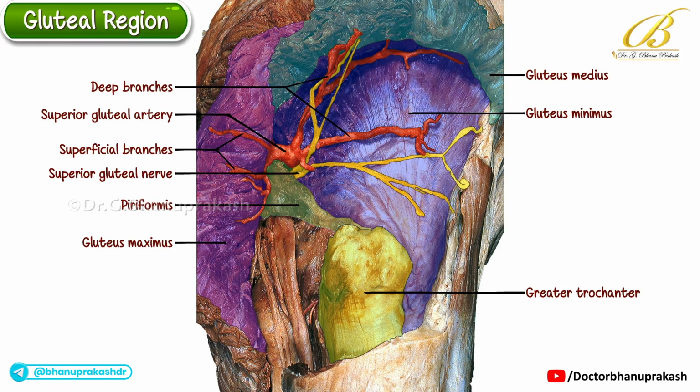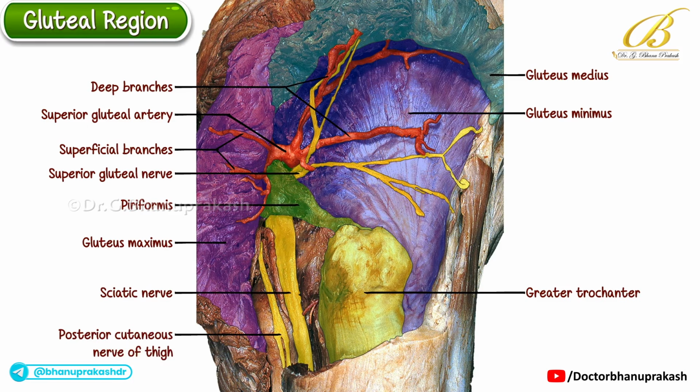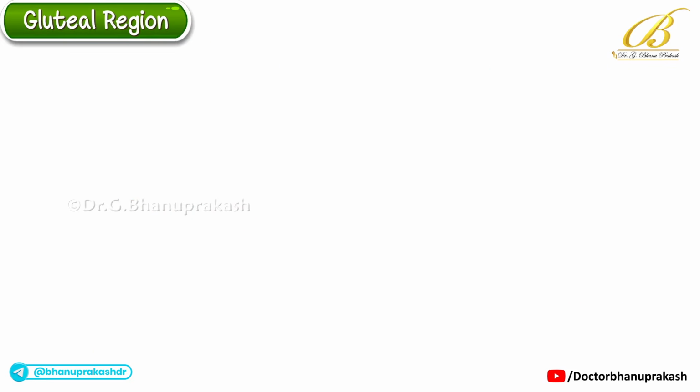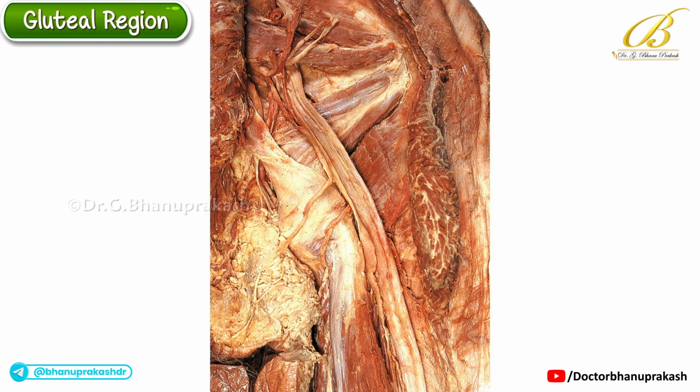Below the lower border of the piriformis, the sciatic nerve and the posterior cutaneous nerve of the thigh can also be identified. This image demonstrates the structures lying below the lower border of the piriformis. Before identifying the neurovascular structures, let us begin with the muscles forming the lower part of the gluteal region, deep to the gluteus maximus. Immediately below the lower border of the piriformis, three muscles can be seen together: the obturator